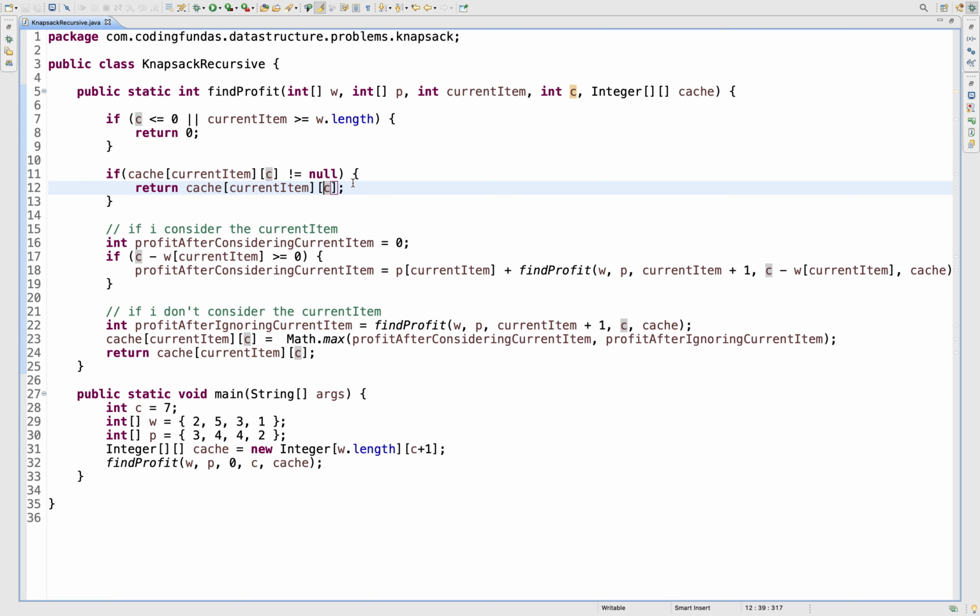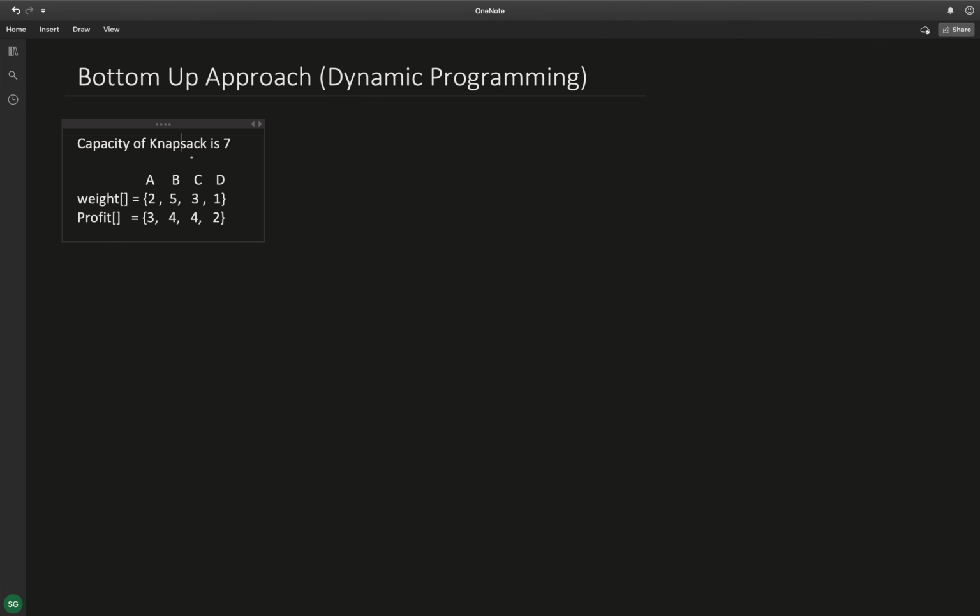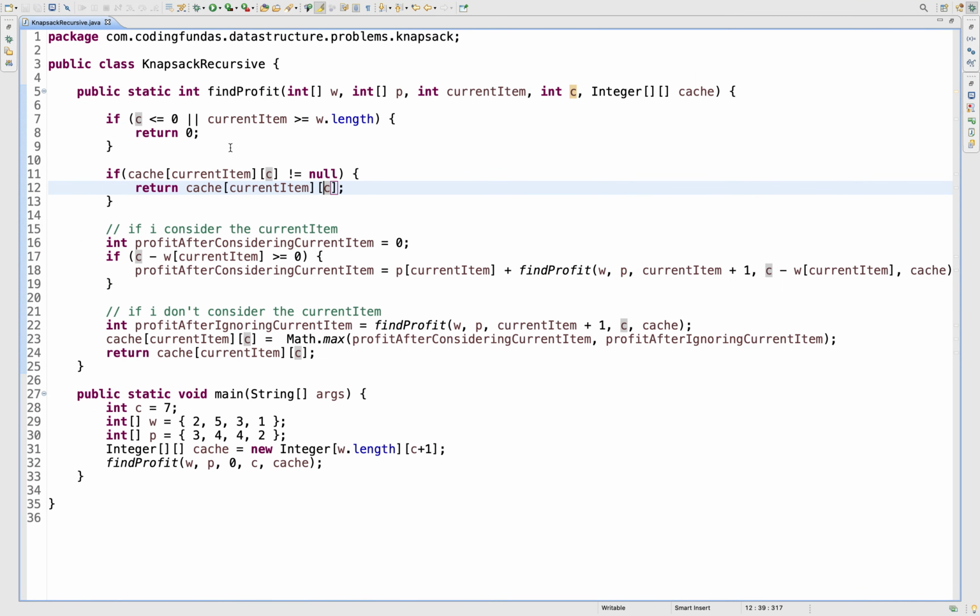For example, in the starting we want to calculate for capacity 7, as you see in our question, the maximum profit for capacity 7. So here also we start from 7, but we divide our problem: sometimes we consider a weight of 2 and then calculate for capacity 5, then we consider a weight of 1, then 5 minus 1 is 4, and we calculate for capacity 4. This is how we are going from top to down.